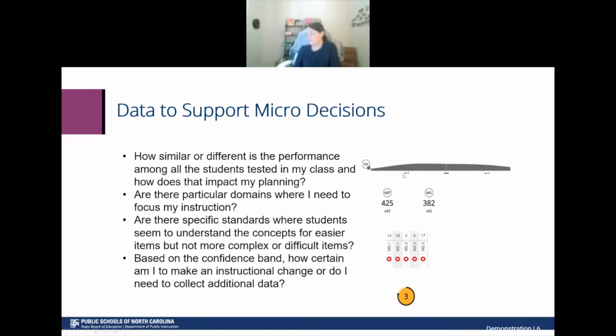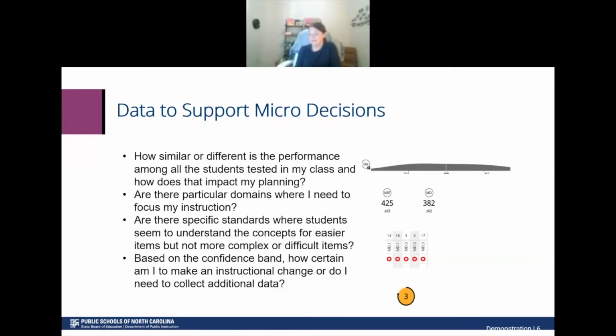Here you'll see, and it's actually very hard to see, but underneath here are some scores. And what this demonstrates is that for this particular group of students, we really have a wide range of student performance across them. So you have a few students at each of these different score points. And what that would indicate then is that there's probably quite a bit of differentiation that needs to take place in the classroom, as opposed to when it's really all clustered together. That signals to the teacher that more students are performing more similarly.